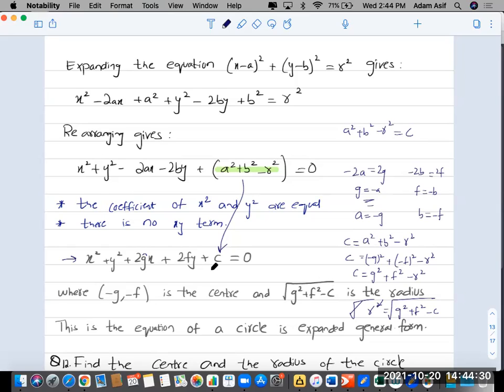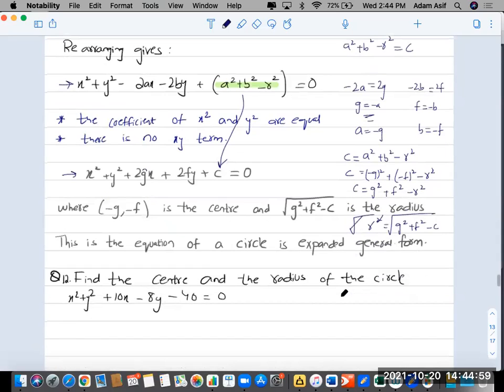The reason I've written this form of equation over here is because the book used it. ठीक है, आप इस फॉर्म से भी आंसर कर सकते हो. This is more easy, as I think this is more easy form. You just expand this form and you are going to get this form. तो ये g f के चक्कर में पढ़ने की जरूरत नहीं है, but just in case if you are ever reading the book, तो this is the form they have used. So r, the radius, is going to be equal to square root of g square plus f square minus c. So this is the equation of the circle in the expanded form.